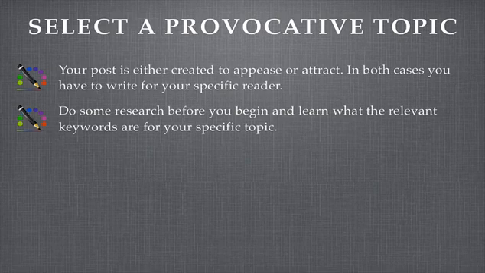Now, it's good to know some keywords that have to do with that topic. And you could use Google, you could use Trends, there's a million ways that you can find keywords that relate to the topic that you want to talk about. But a keyword is basically a word or a phrase that is currently being typed into the browser around the planet. Okay, so a lot of people seem to be typing that same word into their browser because they're trying to learn more about it. That's a keyword. And depending on how many times it's typed and how many times it's searched is how relevant that keyword is. If your blog post contains a lot of relevant keywords, naturally, there's a chance of it coming up on these searches.